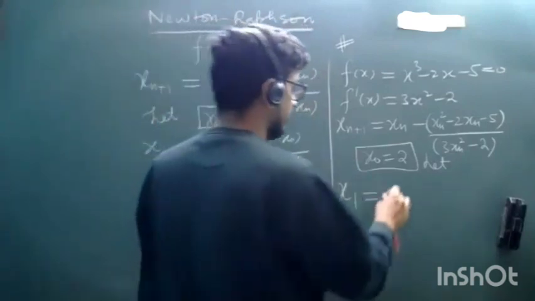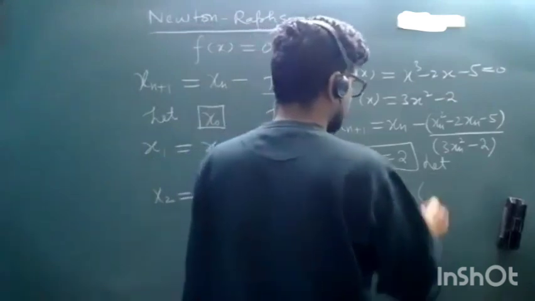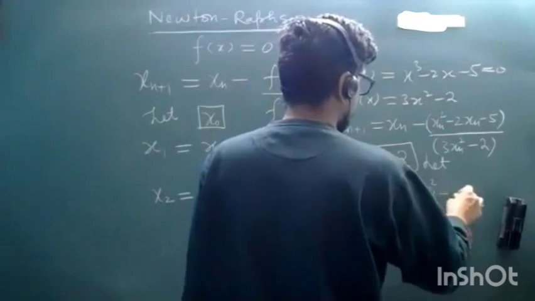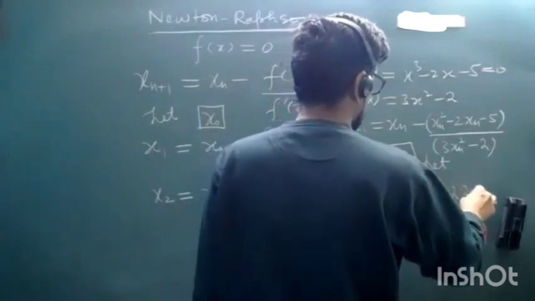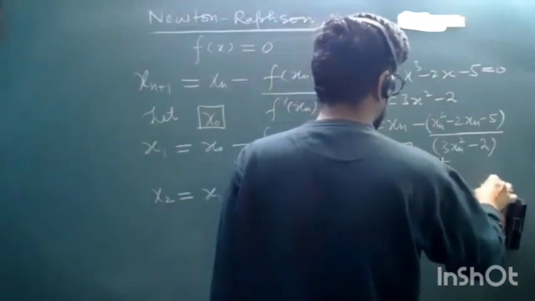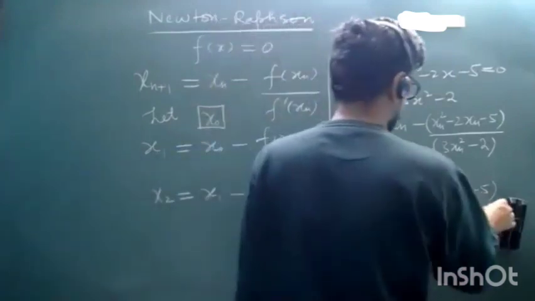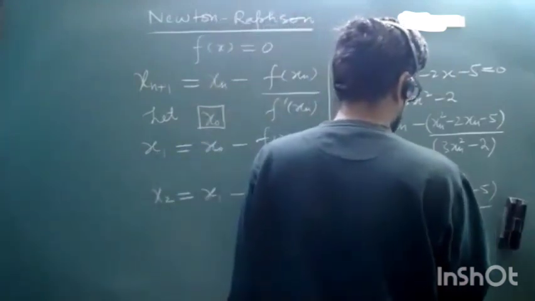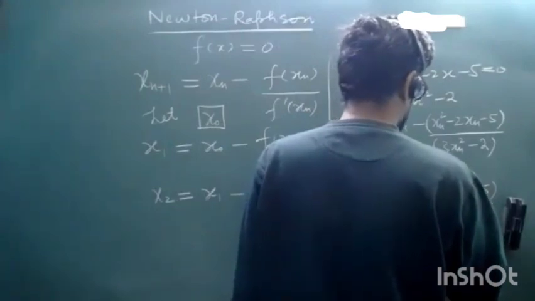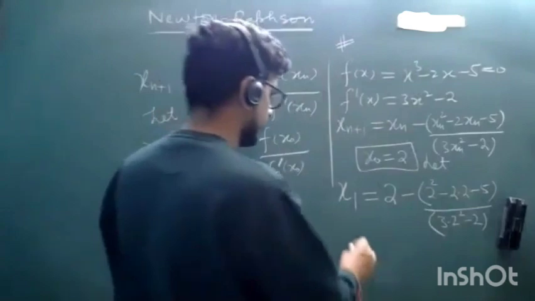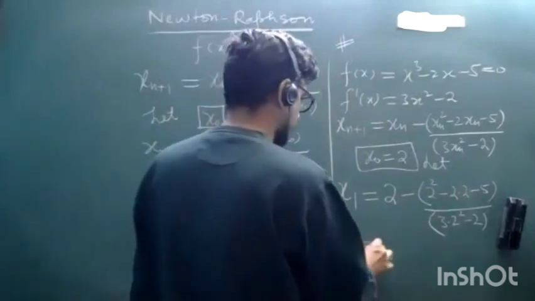It will be given by 2 - (2 square - 2 into 2 - 5) over (3 into 2 square - 2). So x1 will be equal to,